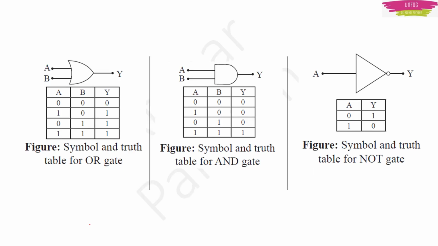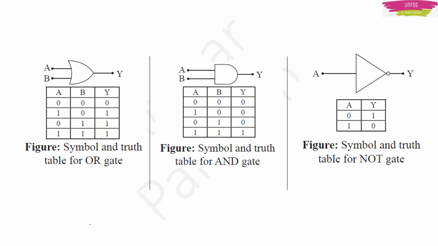So if you understand these 3 basic gates, then it's a win-win situation for you in NEET, because on this topic your 4 marks are reserved then. Okay, so please try to write by yourself, learn all the symbols, make the truth tables by yourself. Then believe me, you will have fun doing this. This is like a game if you understand. Only thing is that you have to use 0 and 1 and use the operations which you have learnt in your school, the addition and the multiplication. And for NOT gate, it is a complement.